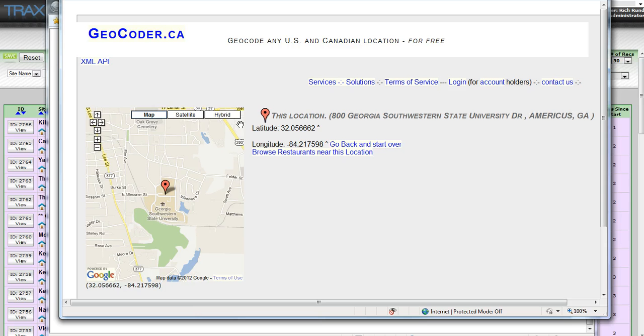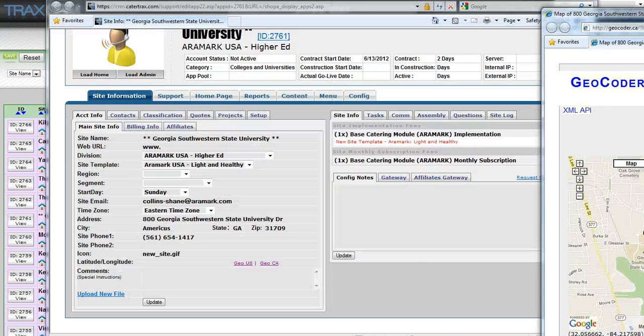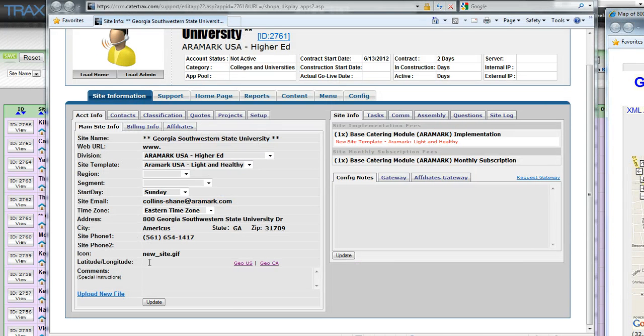So here on the screen, you can see the latitude is 32.056662, and then there's this little degrees thing here. I think that's what sometimes confuses people. So what we need to do is take the positive number. Notice that the latitude is always a positive number, longitude is always negative. If I go and copy this, what I want to do is be very careful to only copy the actual numeric digits. So I'm going to slide this over, keeping this window open, and now I'm going to paste that